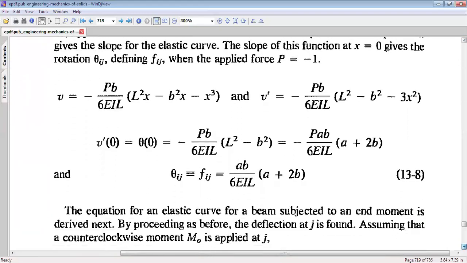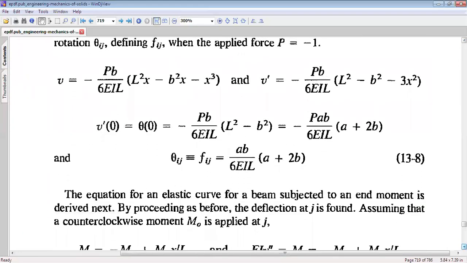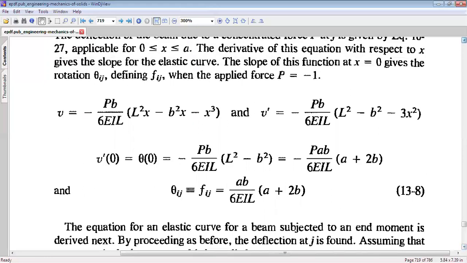And v dash at x equal to 0, we can compute, and we find that it comes out to minus Pab by 6EIL bracket start a plus 2b bracket close. Now, fij or theta ij would become ab by 6EIL bracket start a plus 2b. Now, if we consider the second figure,